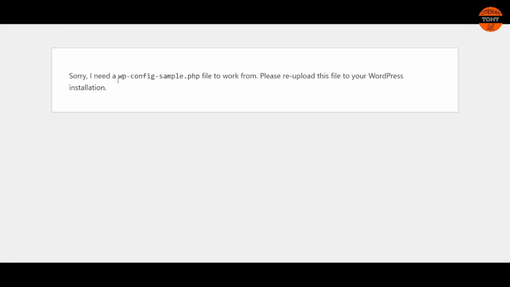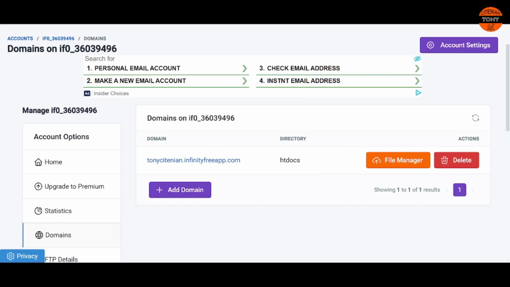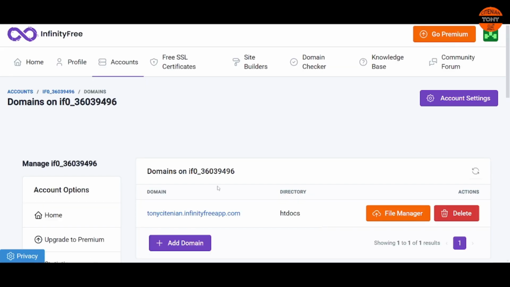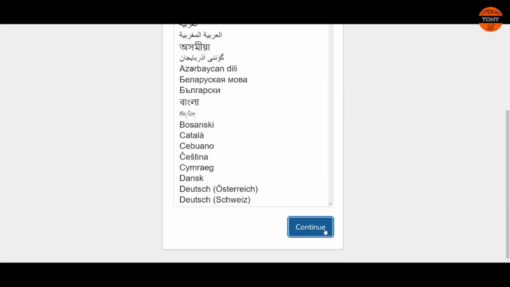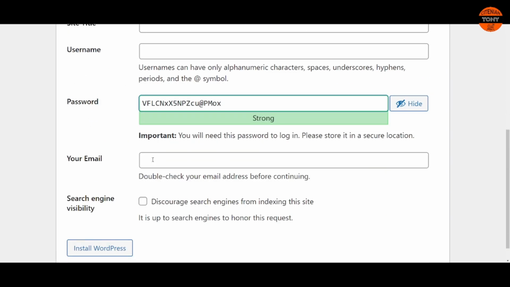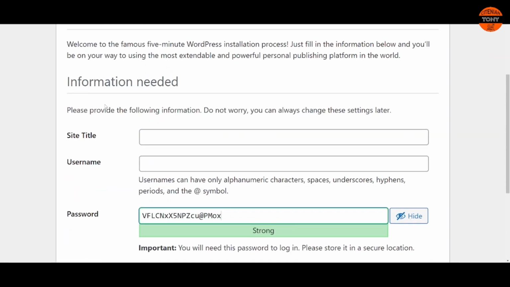Sorry, I need a wp-config-sample, not working. Alright, so if these things appear, we need to go back to or close this file because I think it is not a concurrent file. We need to go back to the domain, then go back to the link. Next, continue. Right, so